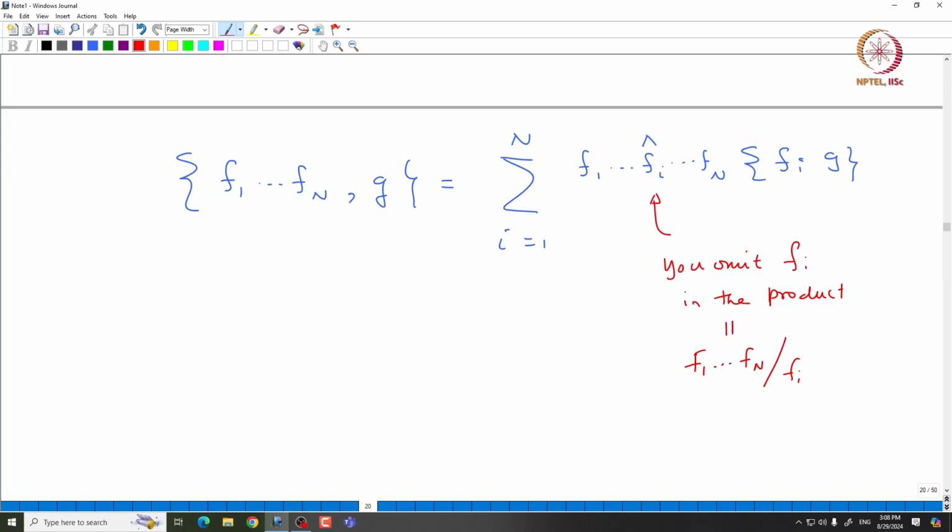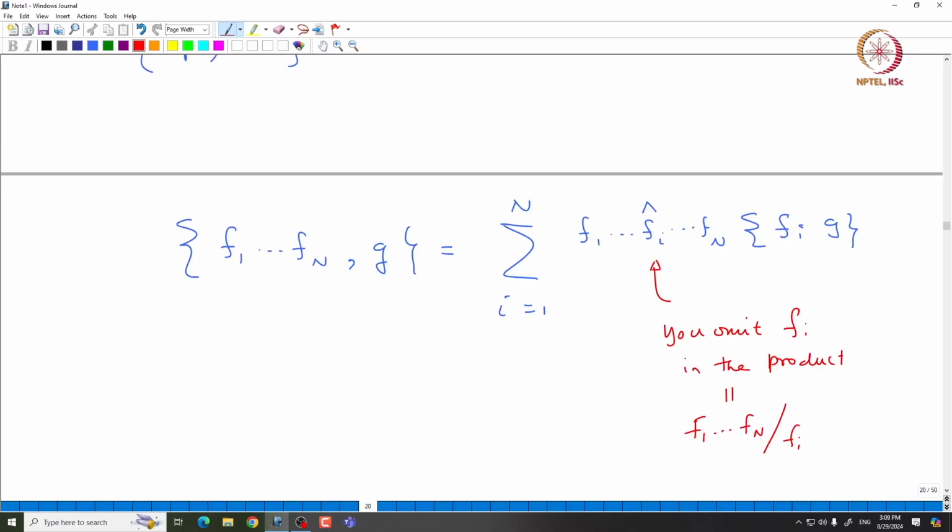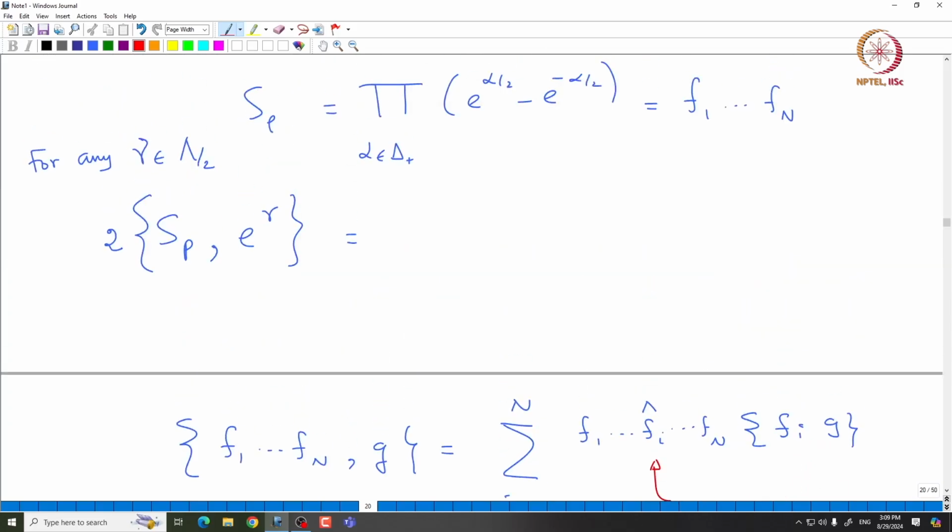So, that is exactly this omitting thing. This just follows easily from the induction, because lambda and lambda by 2 both are abelian groups. So, we are working in the commutative ring, so we do not need to worry about the order in which these things are written. So, this is true. Now using this we can see that if we take this twice S rho